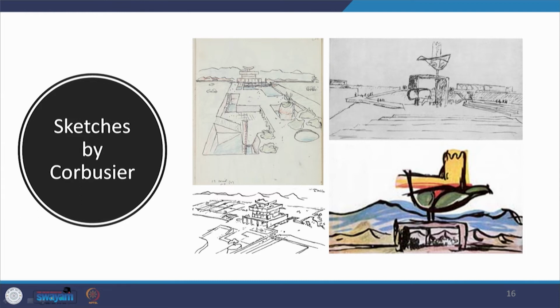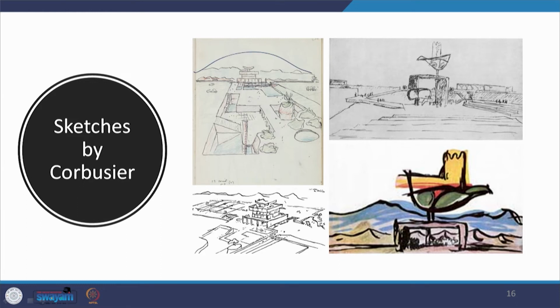As I told you, he is not a great sketch artist, but he is able to put together the building in a manner that you can feel the presence of the building in the landscape. So if the governor's palace was to be built, you would have seen this amazing landscape behind it.